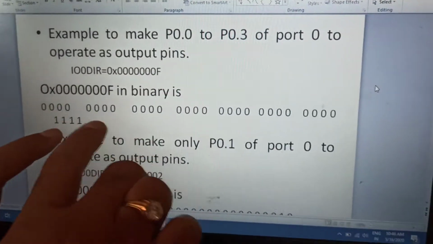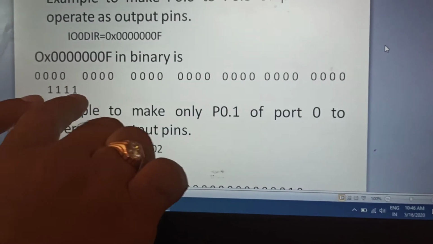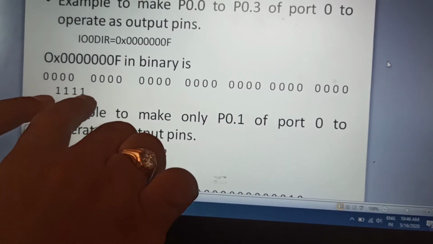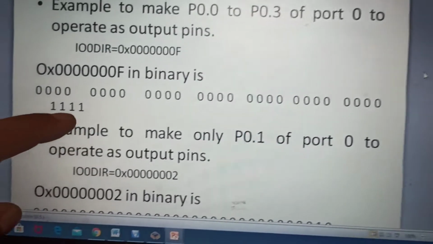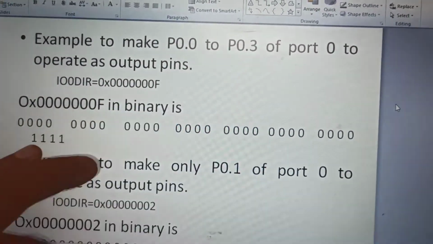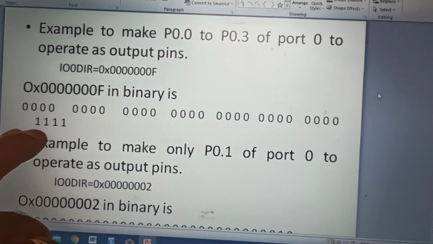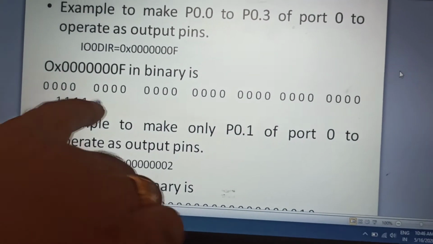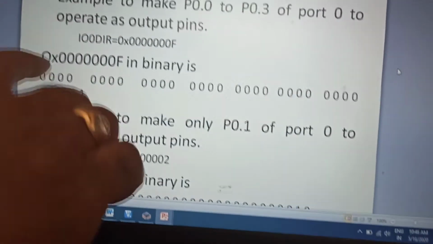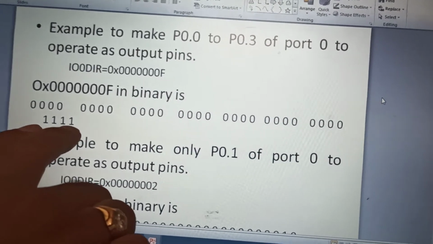This entire thing will be converted into 00000000 1111. This F is 1111. This is port 0.0, 0.1, 0.2, 0.3. That is what we want. They will be selected as output. The rest are all input. So the remaining port 0.4 to port 0.31 act as input, whereas port 0.0 to port 0.3 act as output.